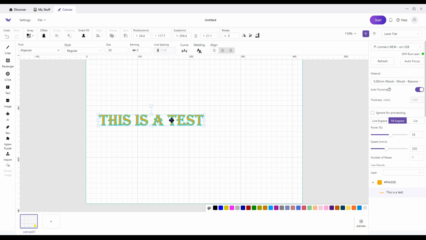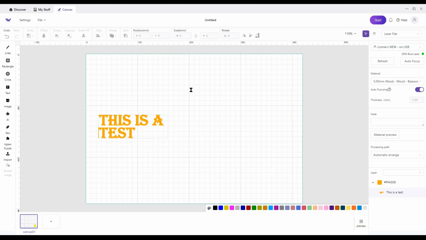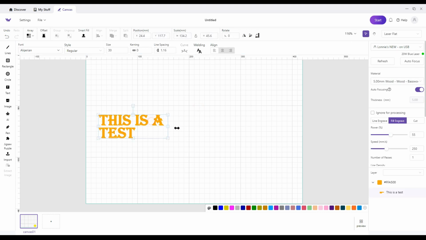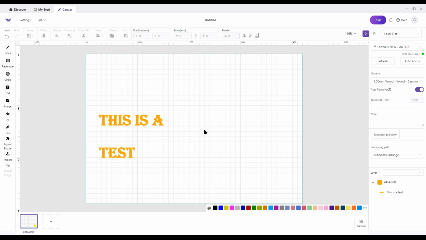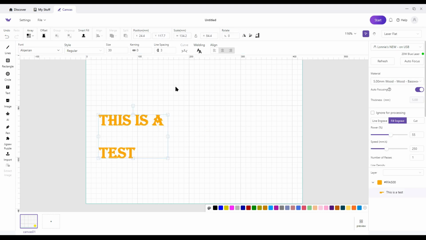Line spacing. Okay, so I've got 2 lines here. If I click on line spacing, by default I guess 1.16. If I do 3, it spaces the line out just like that. Alright, now